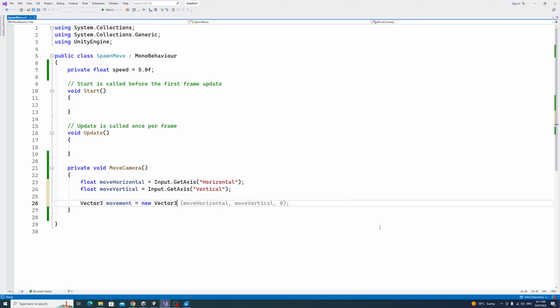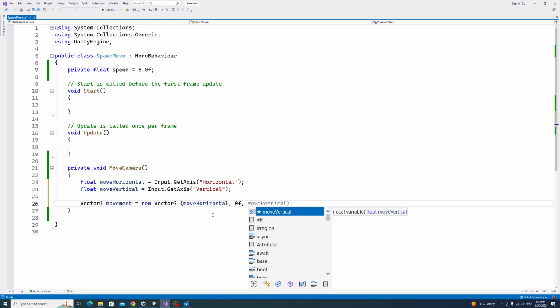And we can keep the y value to 0 because we are not interested in changing the position of the y-axis at this instance. Vector3 movement = new Vector3(moveHorizontal, 0f, moveVertical);